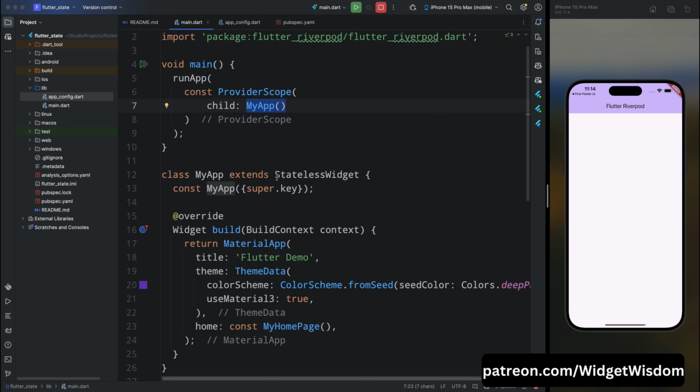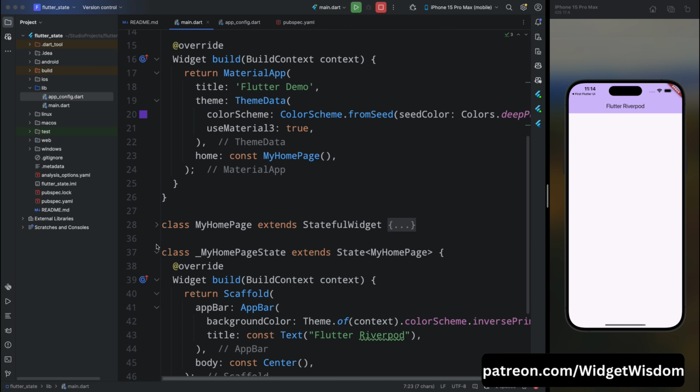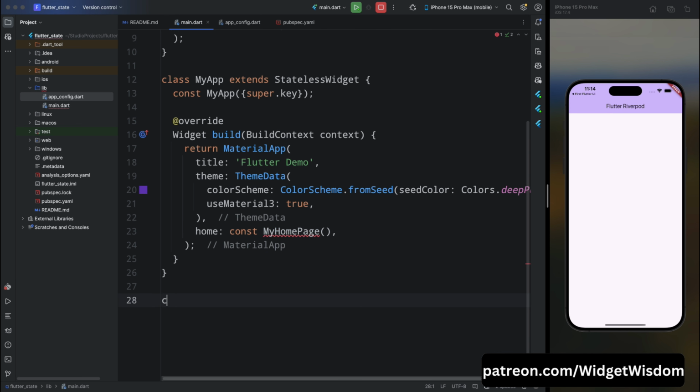Okay. Now let's see how we can consume the data of the provider. So for that, remove this my home page from here and here create a new class as home screen. And now here's the interesting part. Up until now, you have seen in all the widgets that we are extending stateless and stateful widget. But when we are using Riverpod, we have to extend the stateless widget with the consumer widget, because this widget